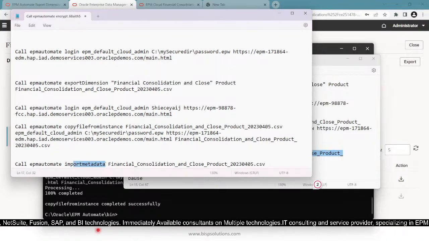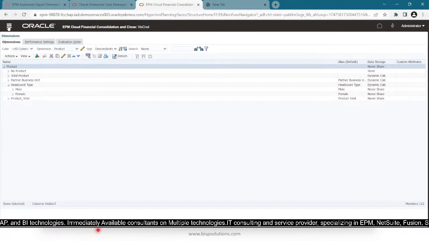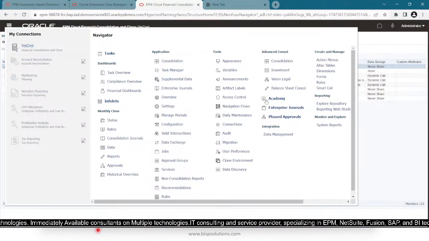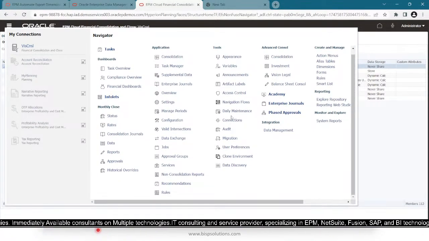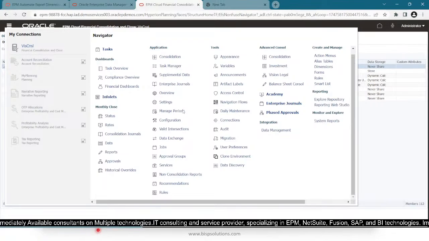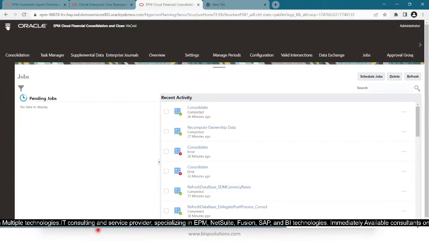The command is import metadata. So we have to save a job first in the FCCS application. I will go to FCCS and create a job, and we have to give the job name. The particular job will run, and we will simply get the metadata. Likewise, you can perform many other tasks and run many commands according to your need. So we have to go to Navigator first,